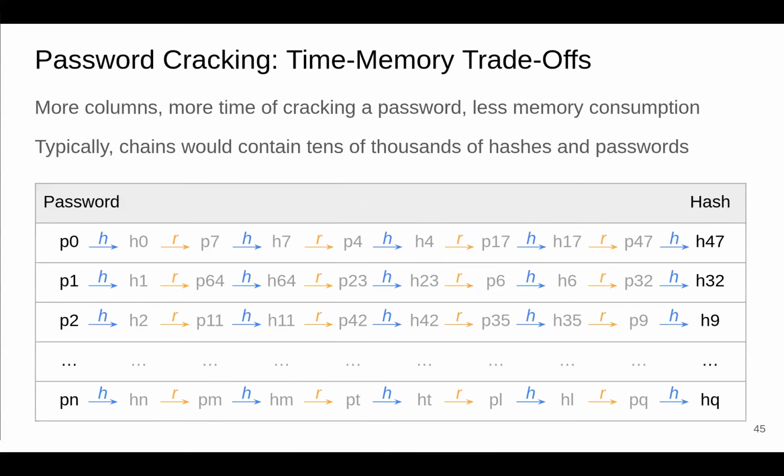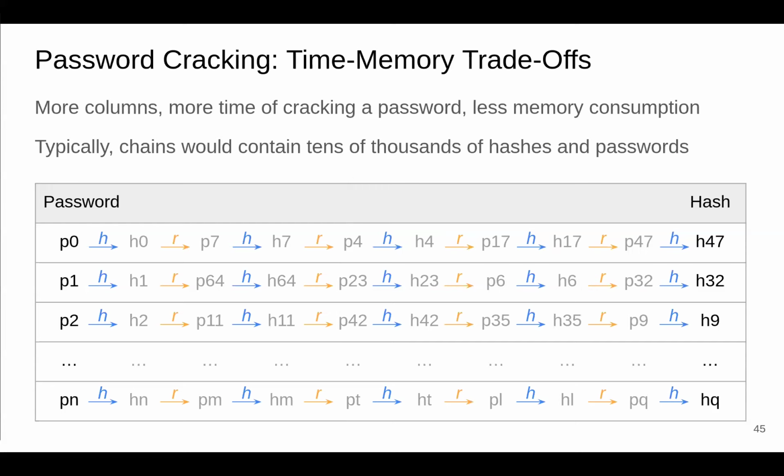Right? So the trick here is you take a bunch of passwords, you store them, you hash them for a certain amount of time, and then you store the final hash. Now what you do is, if you find any of these final hashes, you just go to the beginning and run the reduction hash chain again until you find the corresponding password. Okay? That's very, very cool.